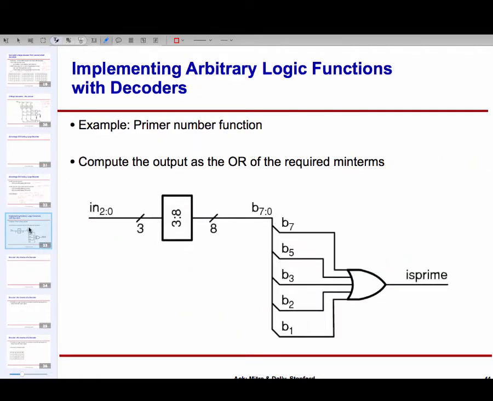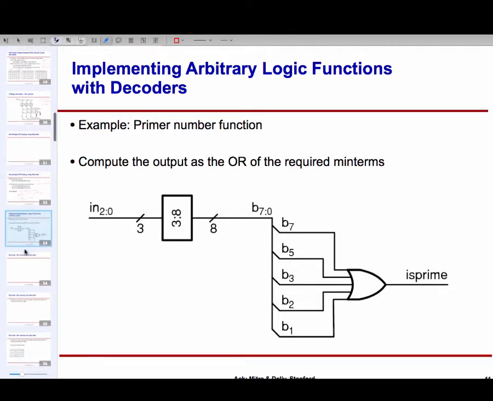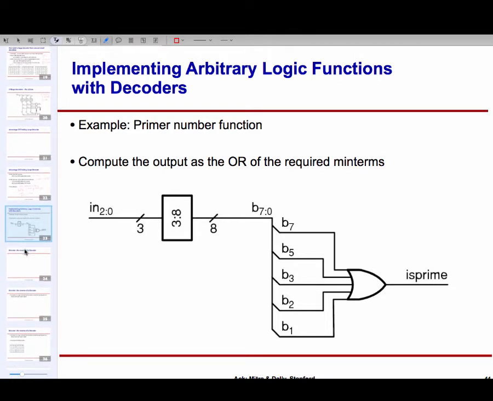So that was a quick recap of decoders. Decoders are useful because I can use them to implement arbitrary logic functions, because what a decoder is doing is giving you a signal for each possible minterm. And we have seen previously that a function is nothing but an ORing of some of the minterms. So if I give you a decoder, I can construct any function by just picking the right minterms and ORing them. In fact, using the same decoder and a bunch of different OR gates, I can create a bunch of different functions. So that's a useful aspect of decoders.